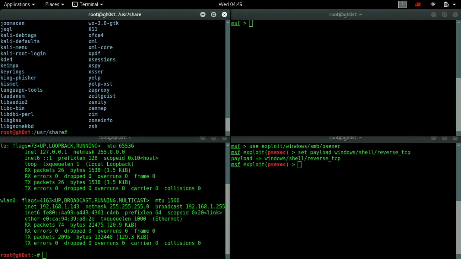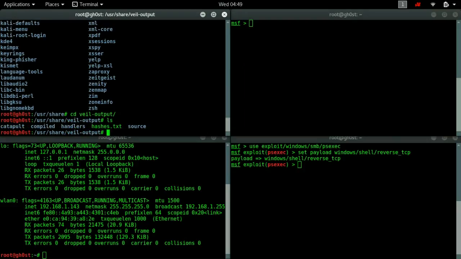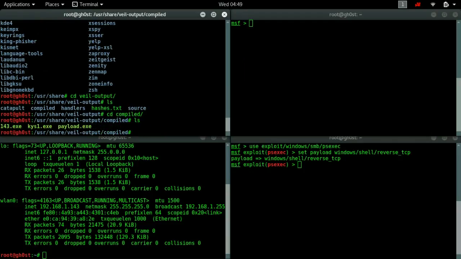Now I need to cd veil-output, there we go. Now ls. Now we want to go to compiled, then ls. Now we want to cp, copy 143.exe